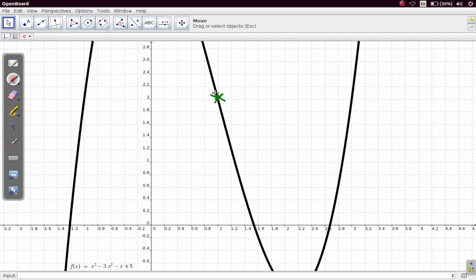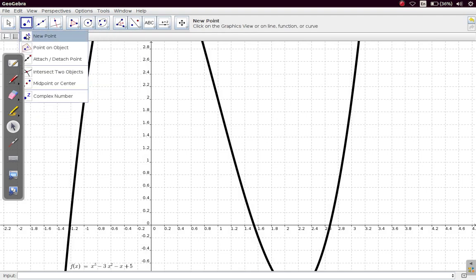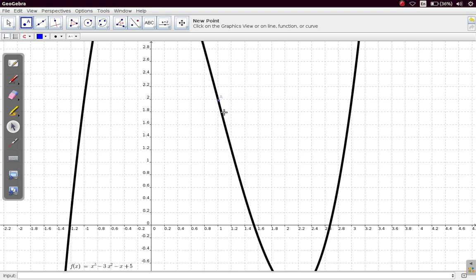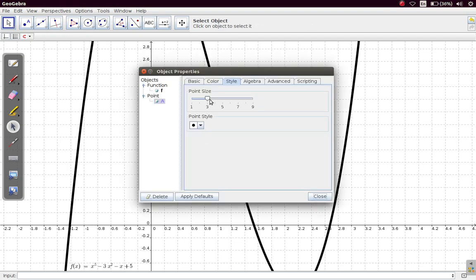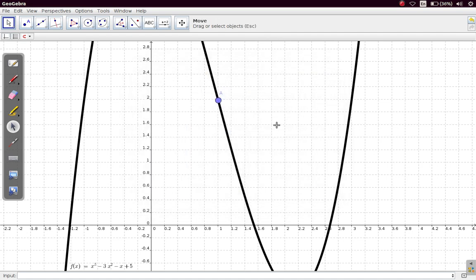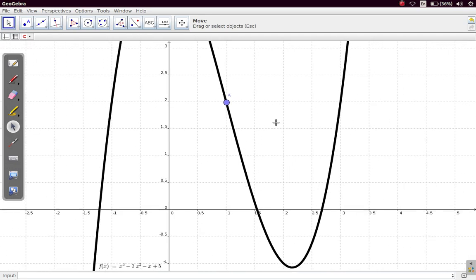And you can see the swing will happen right there, where you have 1, 2. So we have this point, point A. Make the point bigger. So that's the point of inflection,